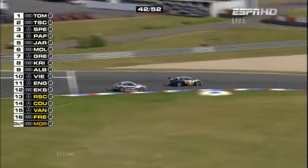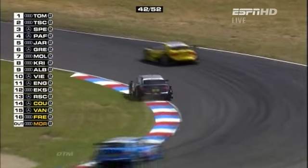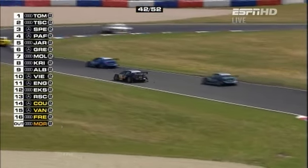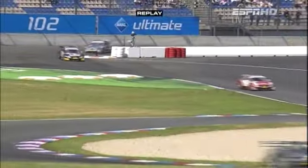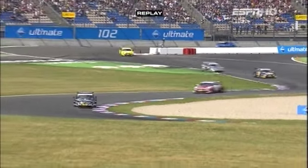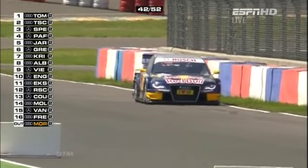Jamie Green now trying. Oh! And obviously a problem there for Molliner, as Green just goes past and everyone else goes past as well. So Molliner in the A4, as we look back at the Audi team. A problem there, very nearly a nudge there from Jamie Green, as Molliner had slowed so much, and we can see just how close Jamie Green was there as he got past Molliner. But Molliner with a problem that has caused his exit then,